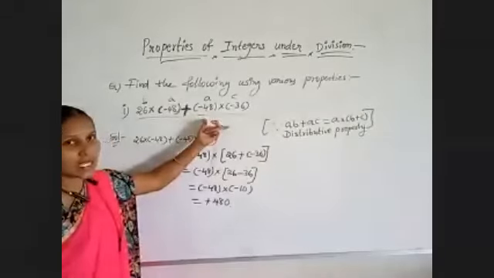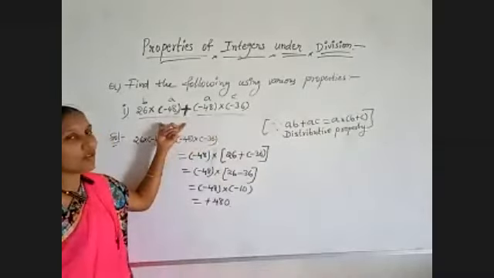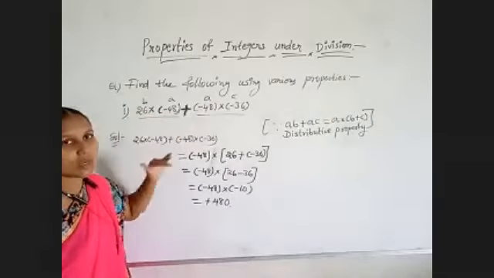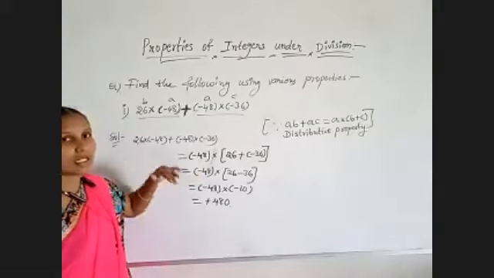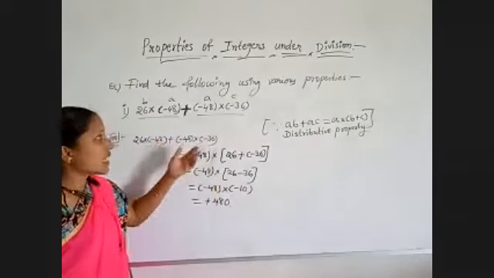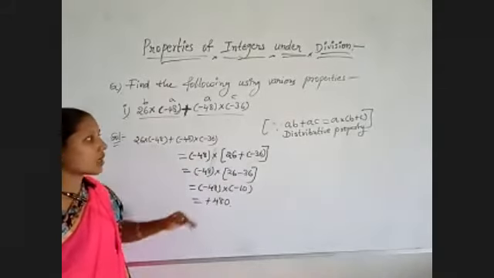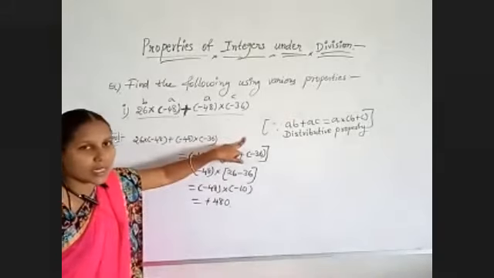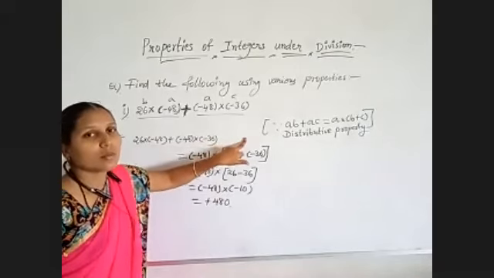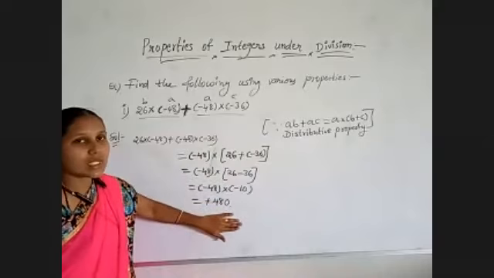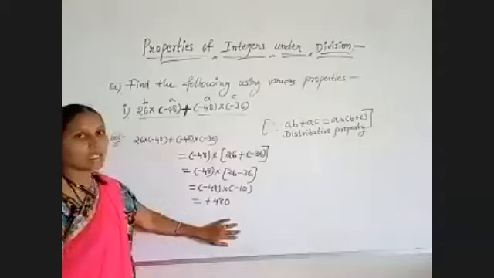Just observe, instead of if we are doing normal way, first we need to multiply this term and again we need to multiply this term, then we need to perform the addition. If we are going for that type of calculations, it will take so much time and it will be difficult. For that sake only we are applying the properties. So properties will help us to reduce the time as well as to do the easy.